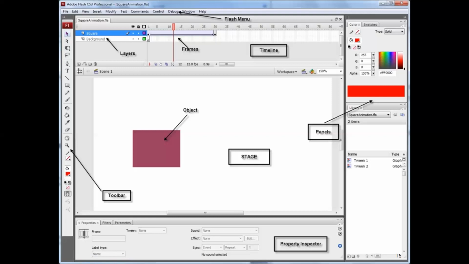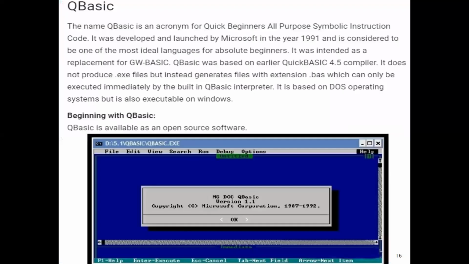After that, we had studied QBasic. QBasic means Quick Beginners All-purpose Symbolic Instruction Code. It was developed by Microsoft in the year 91 and it is also labeled or replaced as GW Basic.